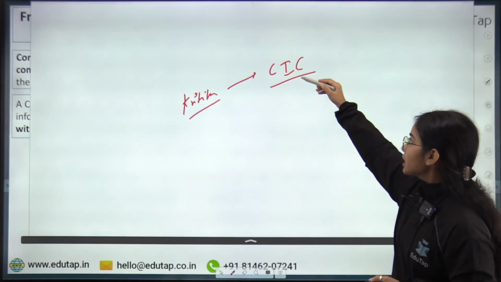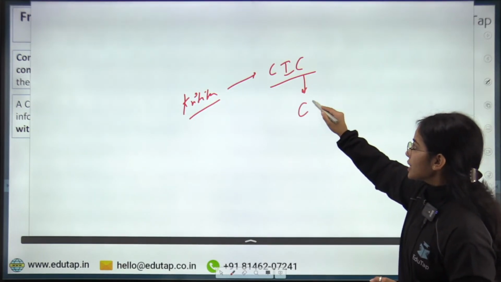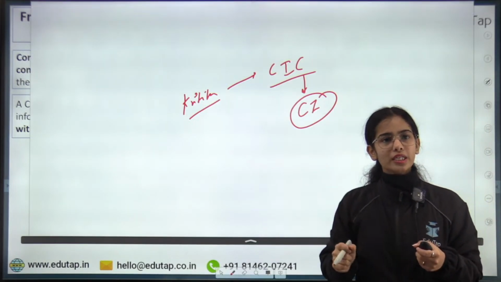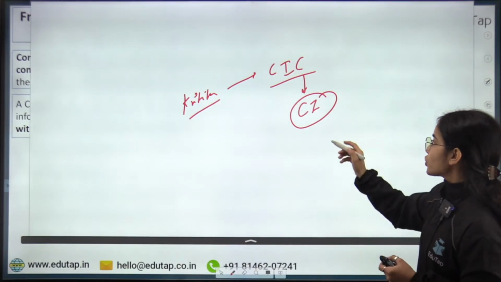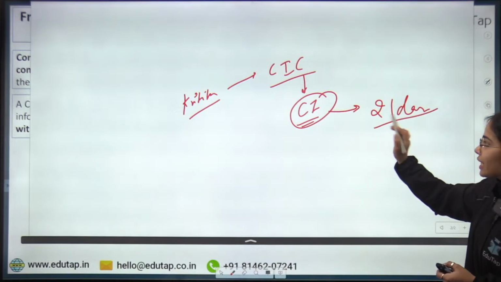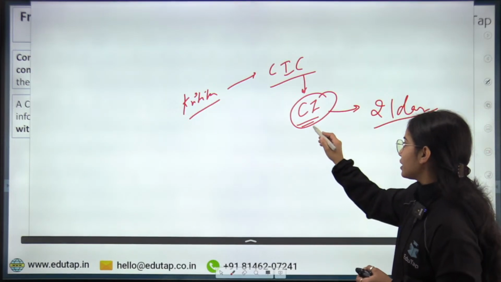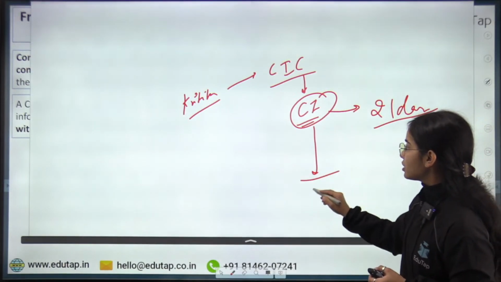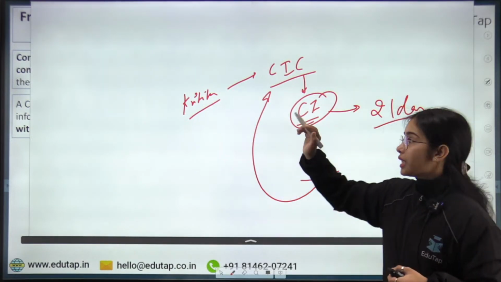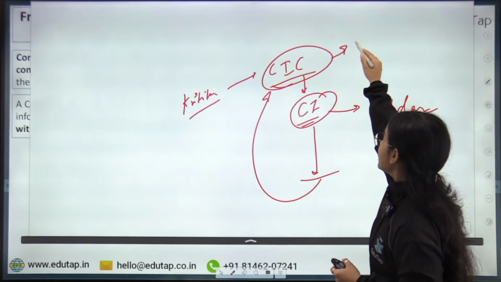Now the credit information company will send this problem to the credit institution, that SBI, you have given wrong data, or PNB, you have given wrong data. So the credit institution has the liability that within 21 days, they have to correct the data. They will correct the data within 21 days and they will revert to the credit information company that we have corrected the data. Now the CIC in total has 30 days.